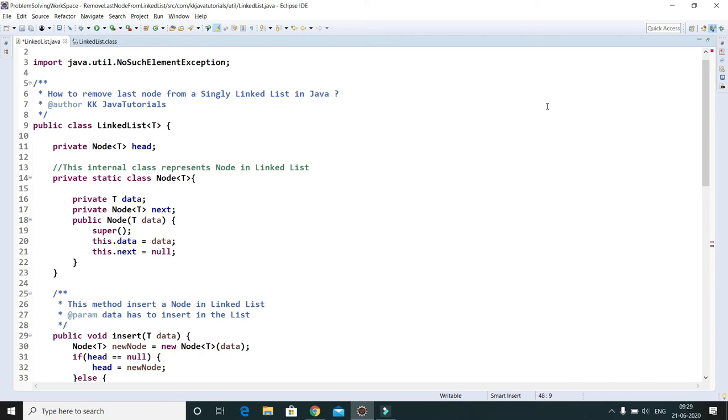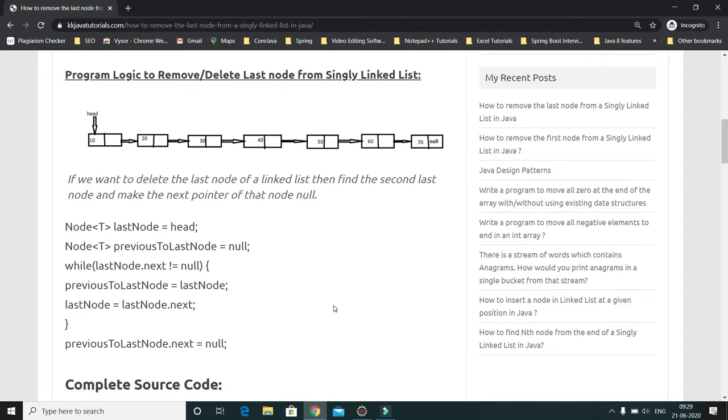In this data structure and algorithm tutorial, we will learn how to remove the last node from a singly linked list in Java. So let's first try to understand the algorithm, and after that we'll move on to the implementation. In my blog, I have already written the algorithm to delete a last node